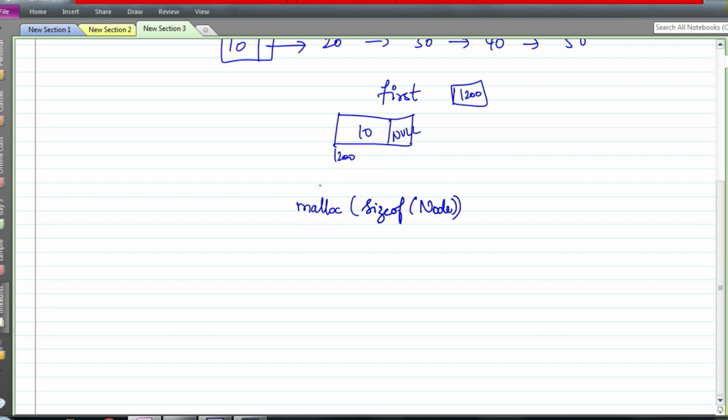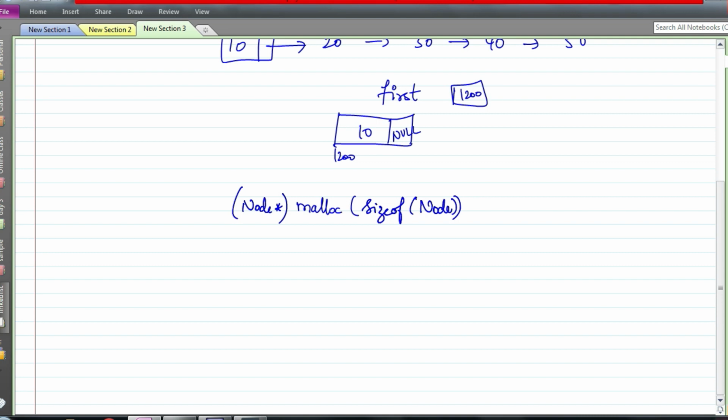After allotting memory, we definitely need to convert it to the data type before assigning it, because we have pointer arithmetic. So whenever we are allocating memory, we need to convert it to a specific type, to indicate that this particular location is used to store the address of an element of type node.